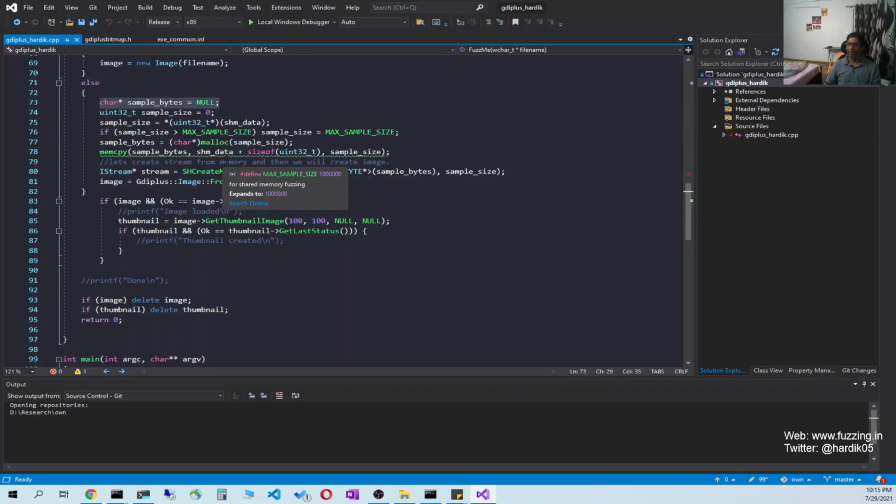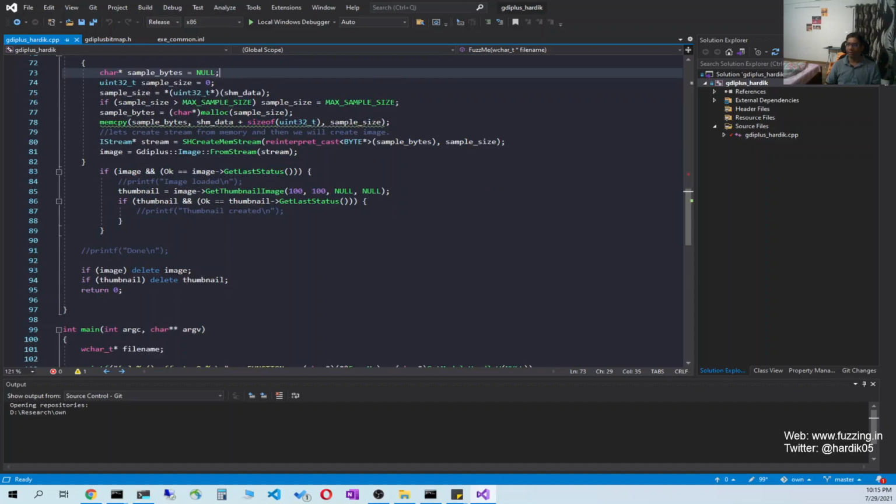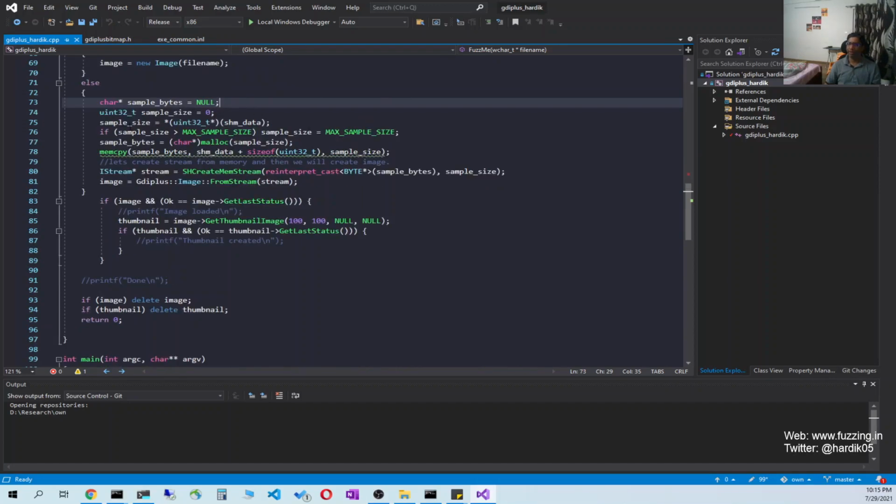But in case we are using shared memory mode, it will come over here in the else part. And here you will notice that we have taken two variables. One is sample bytes, another one is sample size. What it means is that we will take the sample size from our shared memory. The first 4 bytes will be the size of the data inside shared memory. This is what we are taking over here, and there are some sanity checks.